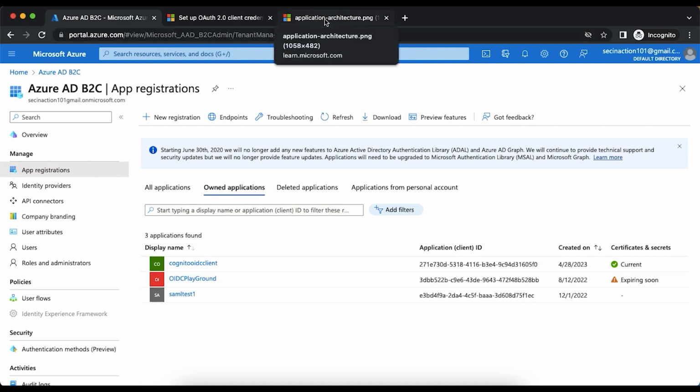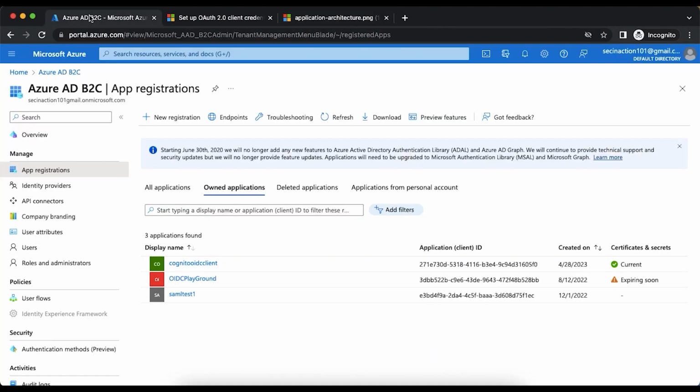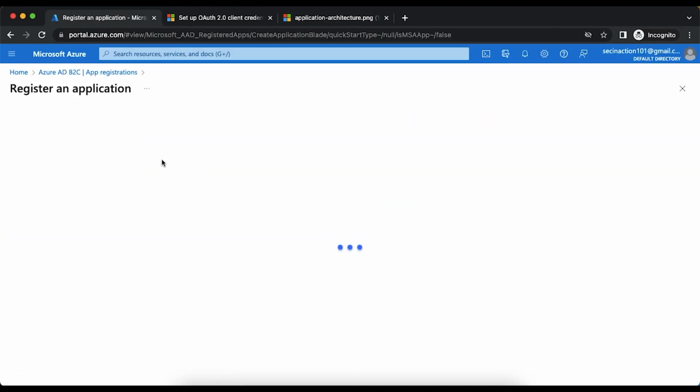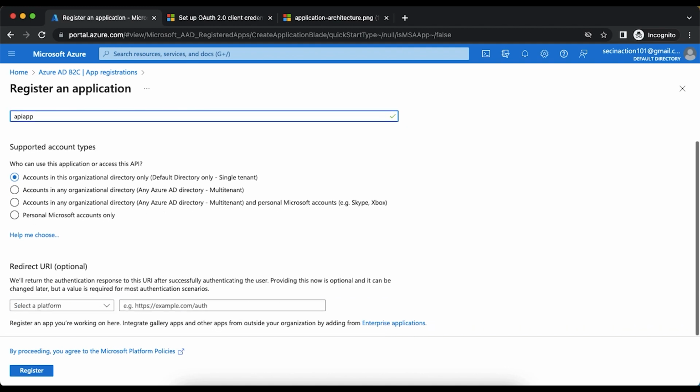The very first thing that we need to do is register an API application in this tenant. In the first step, we are going to register this app 2 and then add some scopes to it. Let's go ahead and do that. I'm going to name app 2 as API app because that will be easier to understand, but in that diagram, it's actually app 2. So let's name it API app